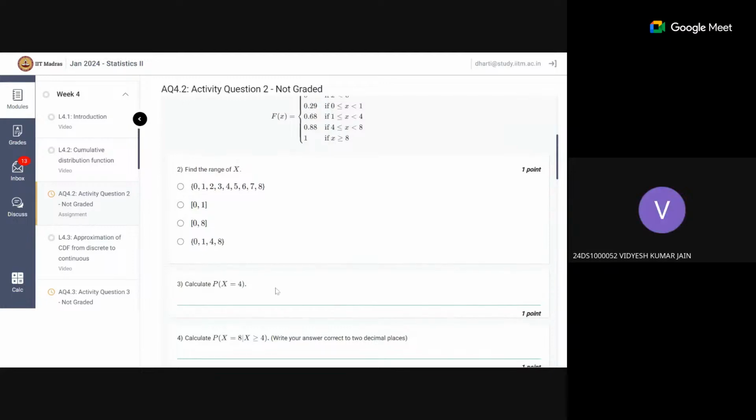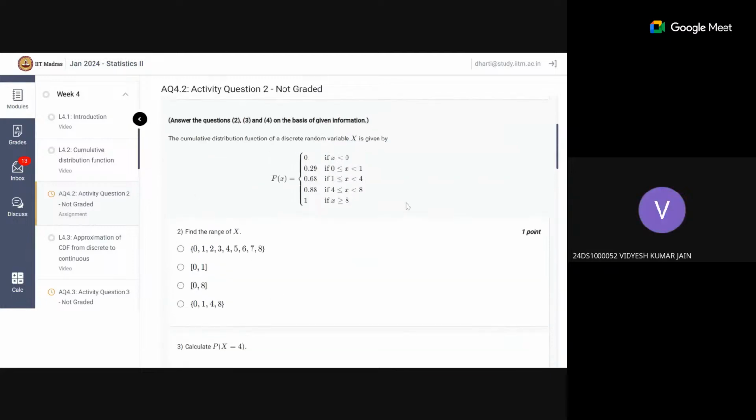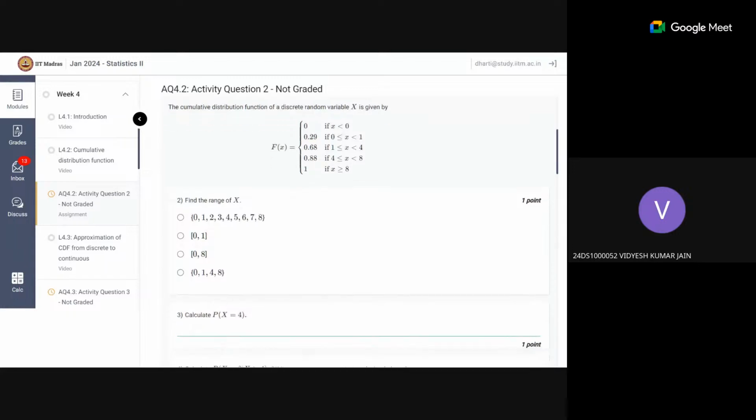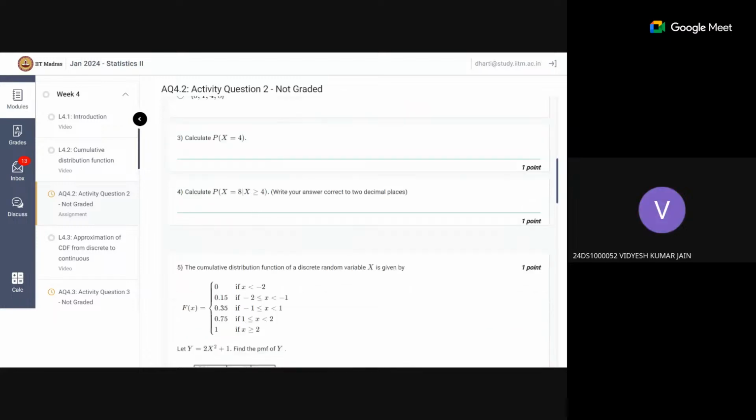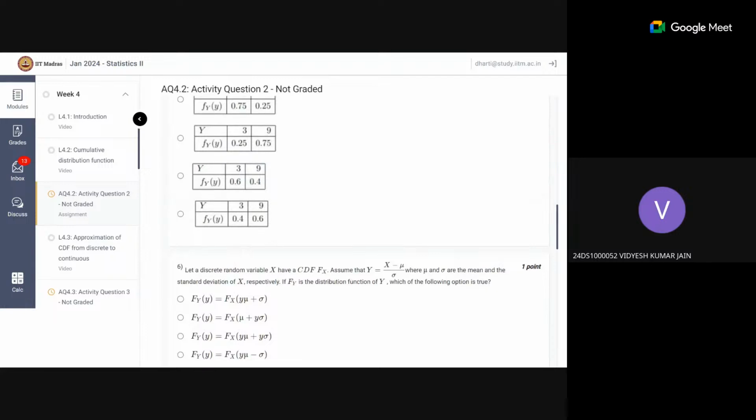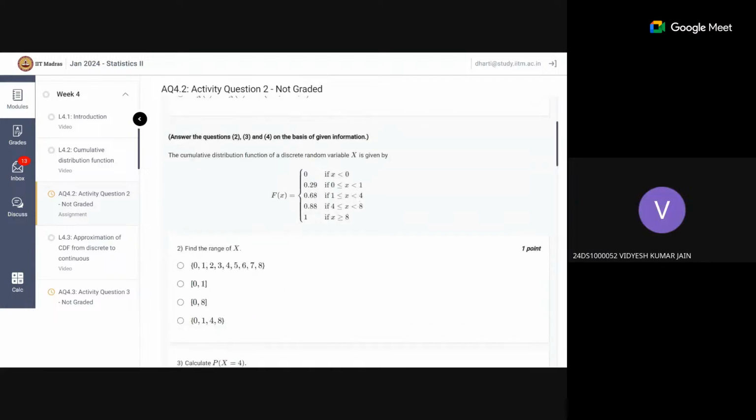So here, if we calculate for x is equal to 4, then we will write the formula: probability x is less than or equal to 4 minus probability x is less than 4. That we discussed in the session also, no? But when we put x is less than or equal to 4, then it will be 0.88 because